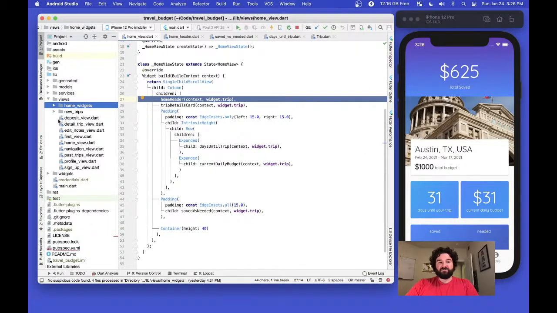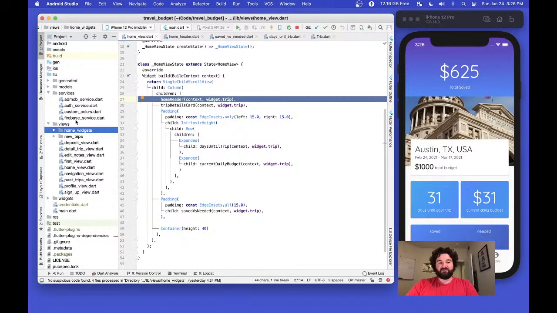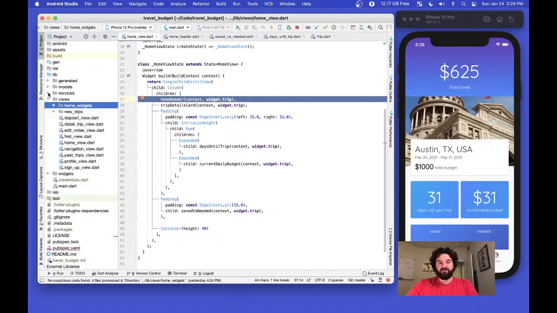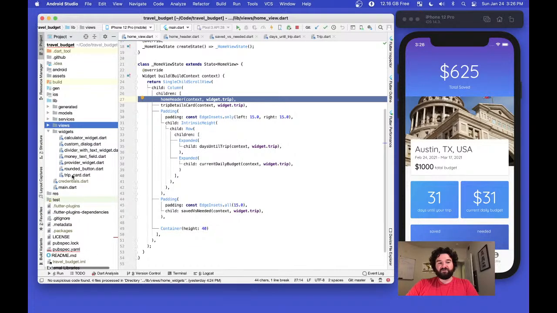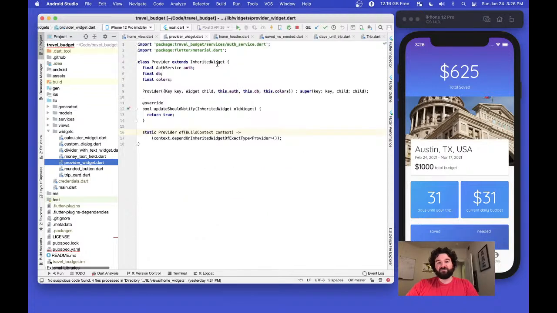So I'm not actually using the provider package, but I have this service. I think it's a service. No, it's a widget. So in this widgets folder, I have this provider widget here, which is just an inherited widget. And that's what the provider package is doing, but the provider package has all these other nice things already built into it and built out. But my provider, that's where it gets confusing because I called it provider, and then people that watch some of the videos think it's the same. It's like part of that provider package,